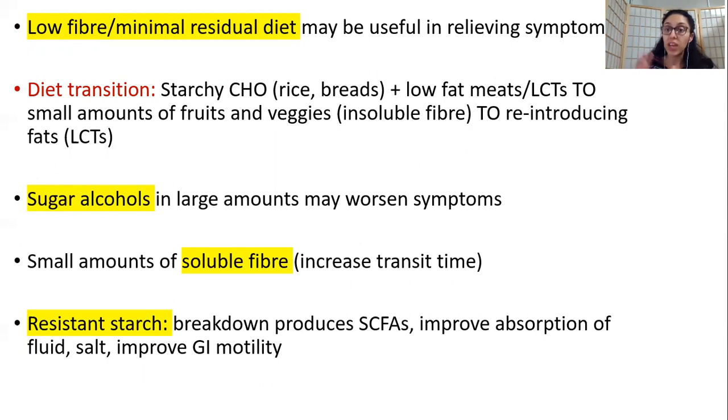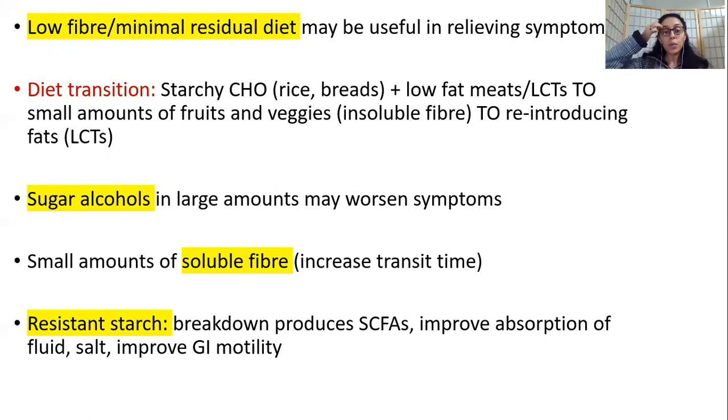Sugar alcohols in very, very large amounts, like sorbitol and mannitol, which are present in sugar-free gums, can lead to diarrhea as well. And for soluble fiber, there is research which shows that small amounts of it may help because it increases the transit time, meaning the fecal matter passes slowly through the intestine,